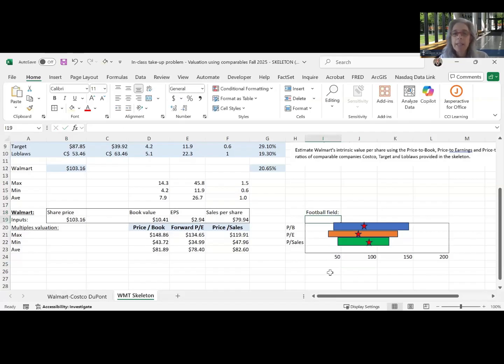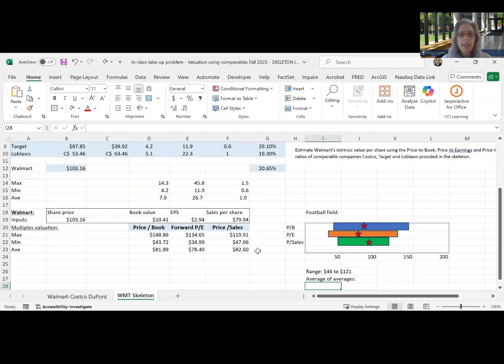I would say that the range that we're getting here is $46 to around $121. So the share price should be somewhere between 46 and 121, but that's a very wide range, so it's not super helpful. But the share price at 103 at the moment is quite close to the top end of that range. But if I look at the average of the averages, because the averages are quite tightly bound around that $80